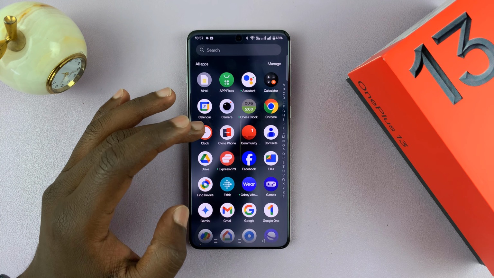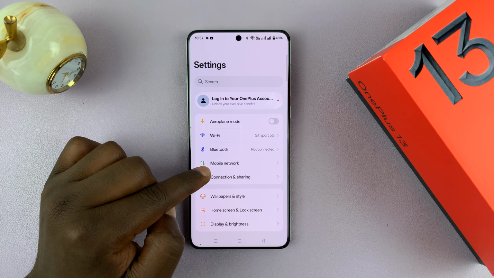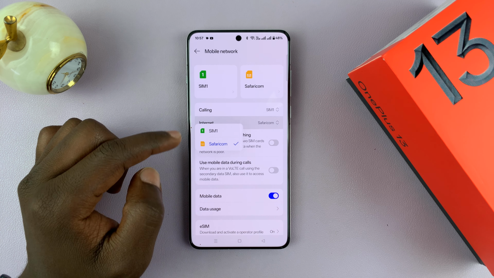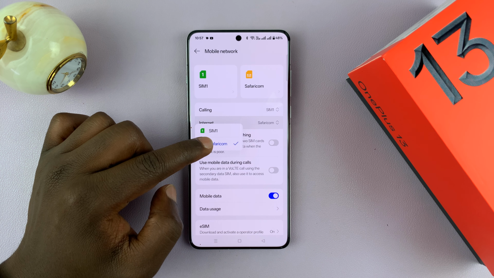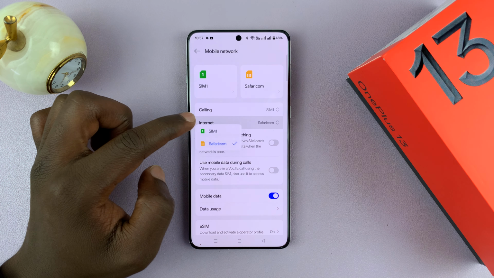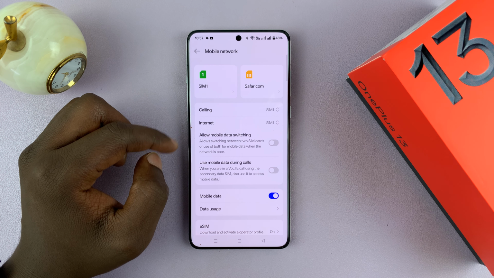So just go into settings and then go to mobile network, tap on that, and then you should see the option called internet. Now if you tap on that, you can see you have the option to choose whether you want to use this SIM card or this SIM card by selecting that, and that's going to be the default SIM card for